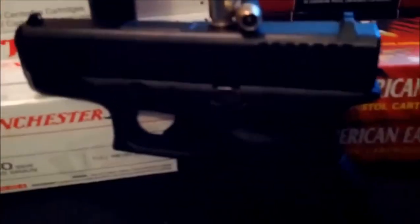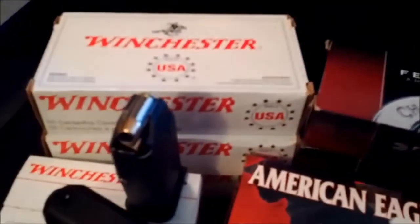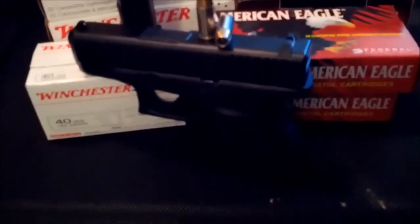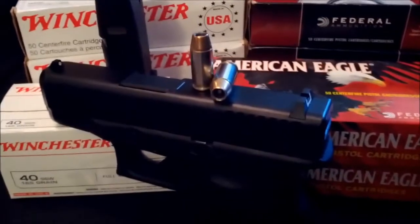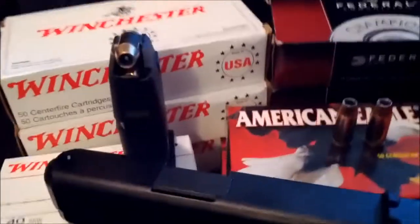And now for the 40 caliber. I thought to bring out the method of employment of these particular cartridges. You can see for the most part it's all ball ammo, but I do have some social work ammunition available if the need arises. One, two, three, four, 500 rounds of 40 to play around with is enough for me, because the subcompact 40